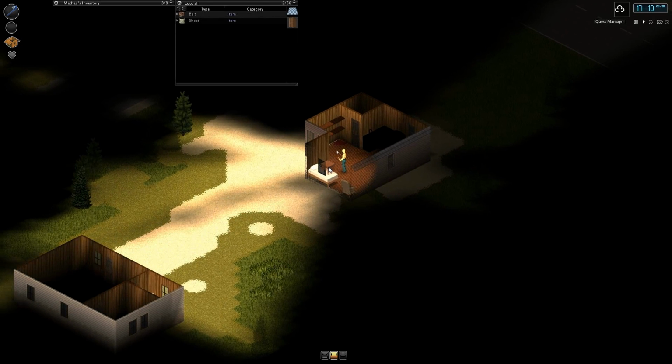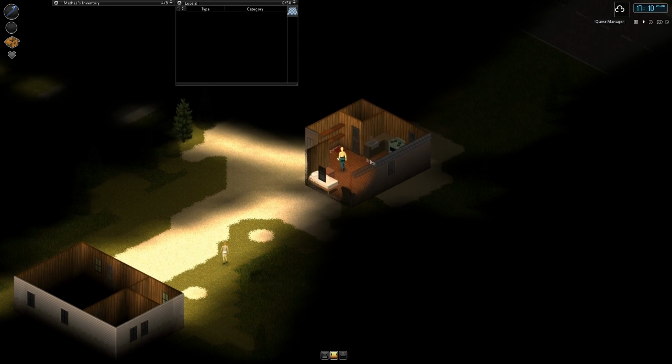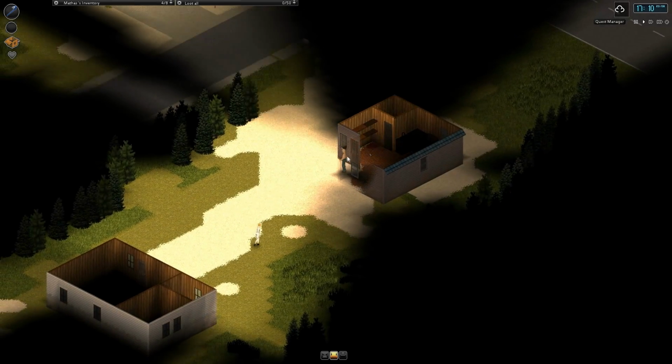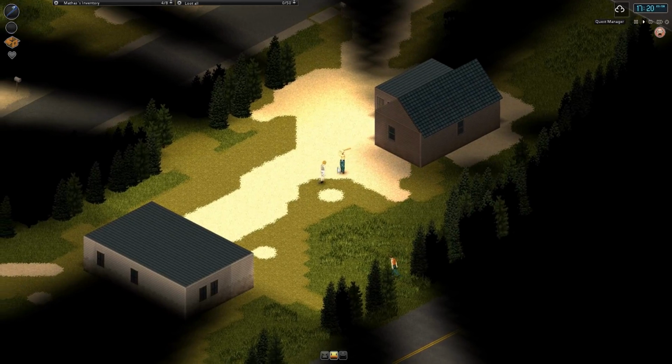Let's see what else we have. A sheet, which we're definitely going to take. There's a zombie out there. We should probably take out the zombie as quickly as possible. Yeah, that's fine. No need to panic. We are going to...